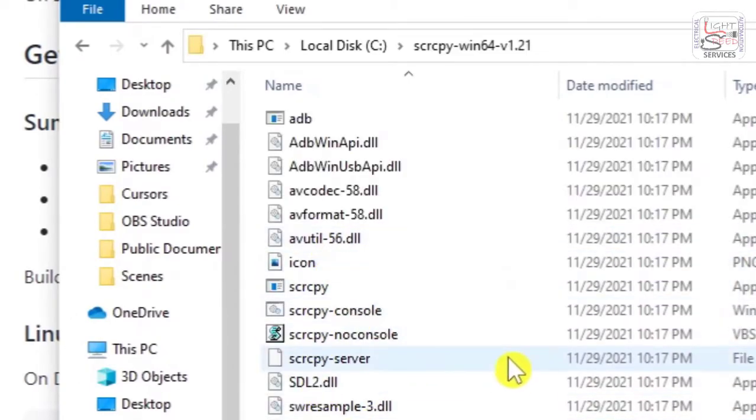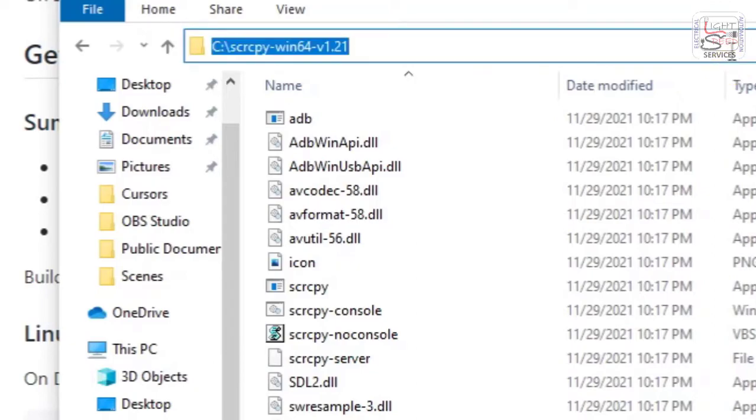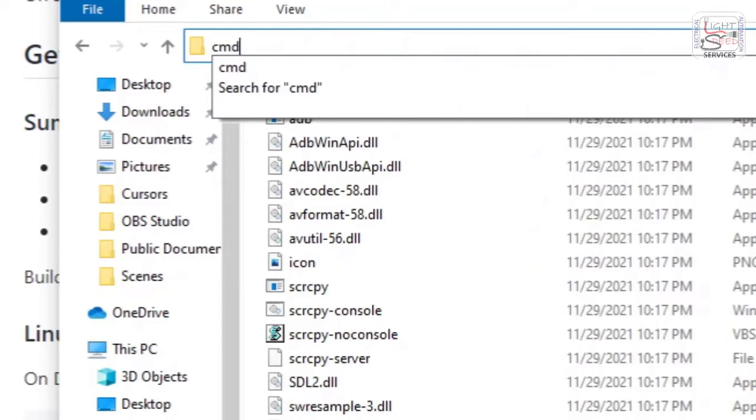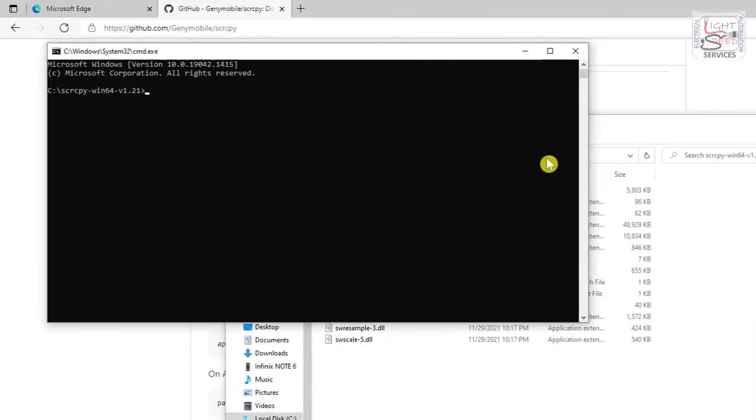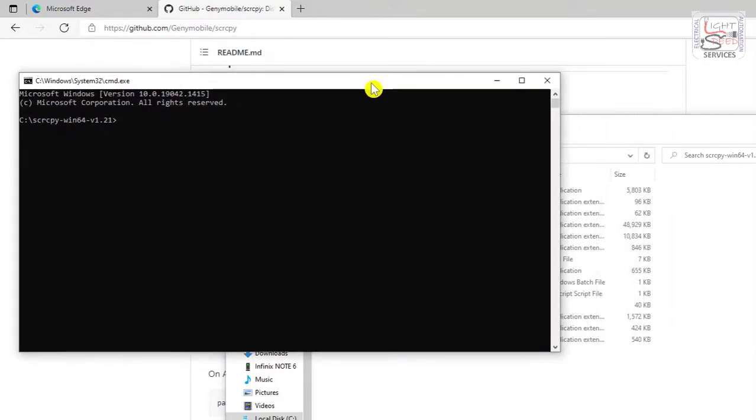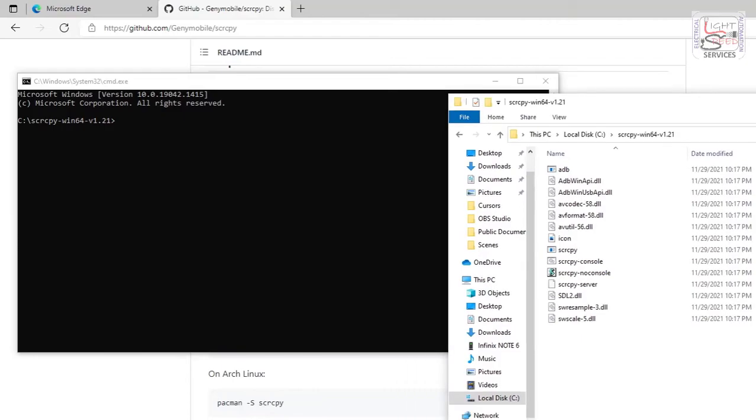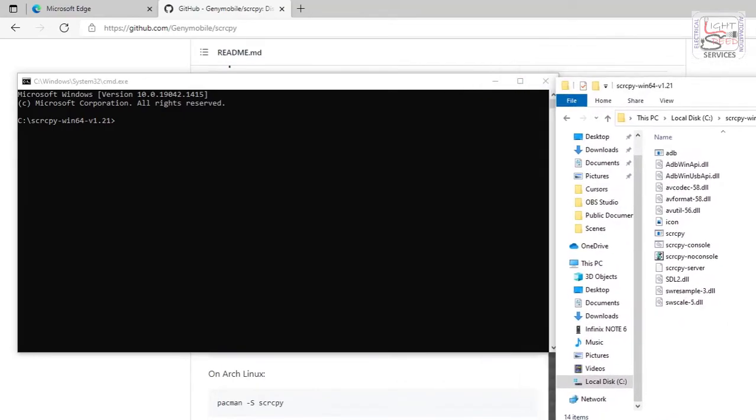See? So there are a lot of files in here. You can, in another tutorial perhaps, I will show you how to use the files directly from here, but I will show you a foolproof method of launching it, which is using command prompt. So just follow my approach by typing cmd on the address bar. It opens a command prompt exactly on the folder where you are working.